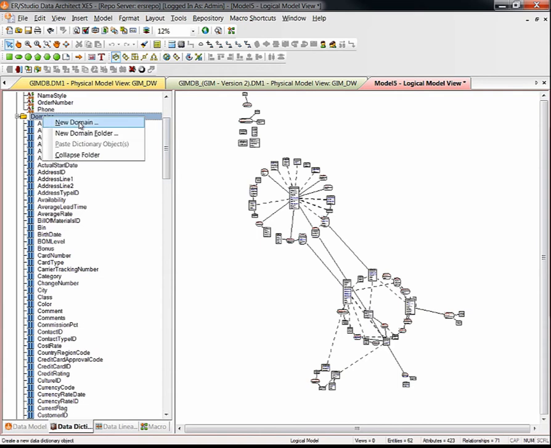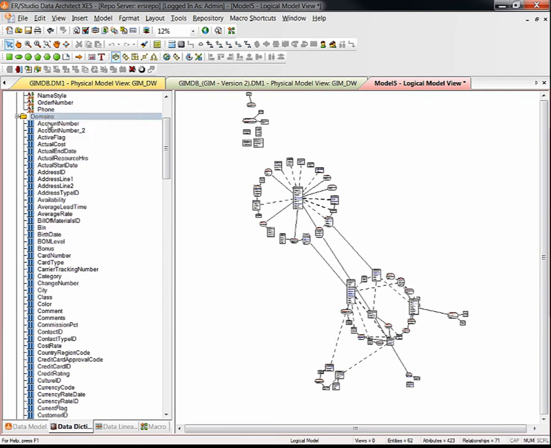So I can right click, I can do new domain folder, and this will allow me to group domains so that they are easier to find, how they're all related. Maybe you want to group them in a folder so you know that all these domains are part of a specific type of entity or type of table, that sort of thing. You can also do